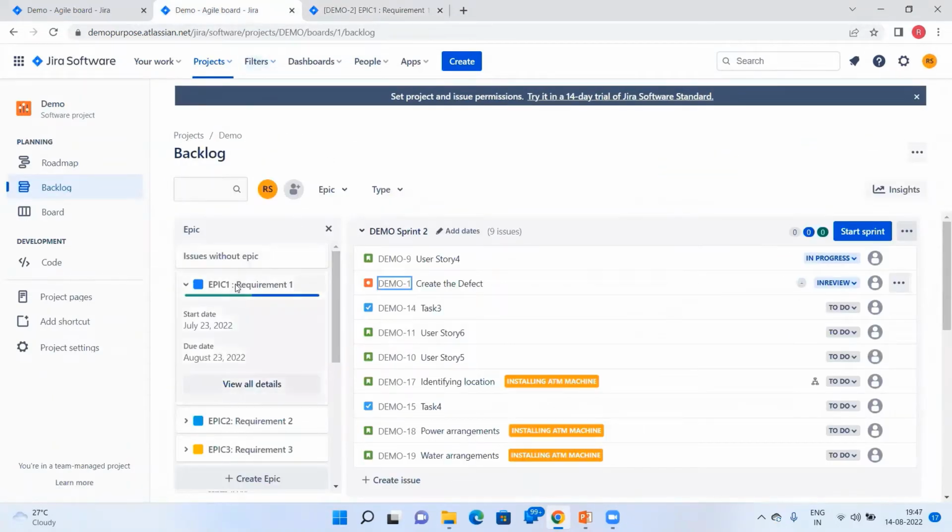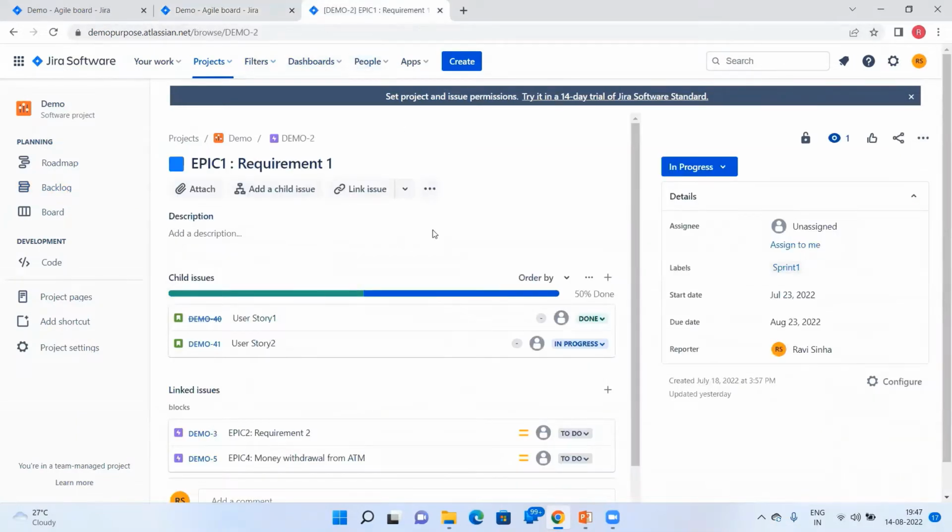So I pulled this. This is my requirement. Okay. So I'm going to do a traceability matrix from here. Under this requirement, I have two user stories, Demo 40 and Demo 41. Okay. If I click on this,